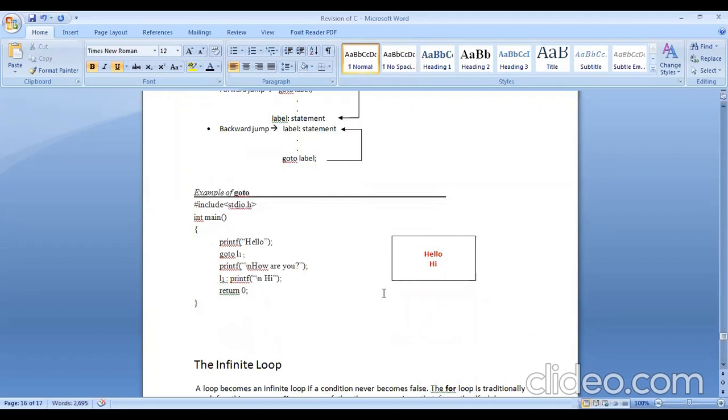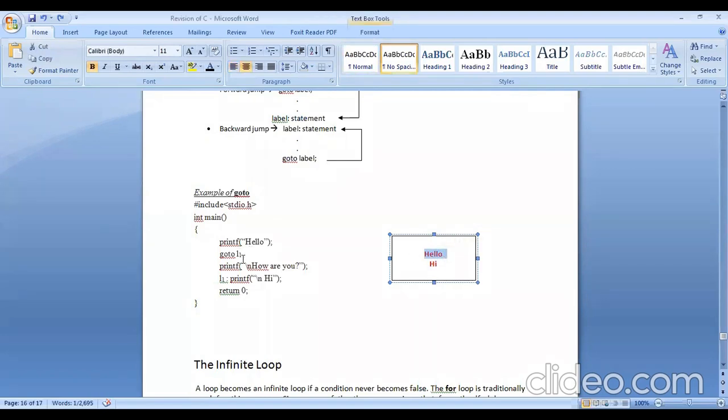See here, this is one example with forward jump. Let's understand the label part here. This is a very simple example. First we have a printf statement, which gives us hello. It will simply print the output hello in the output stream. Since we do not have any conditions, of course, it will simply print hello on the output stream.